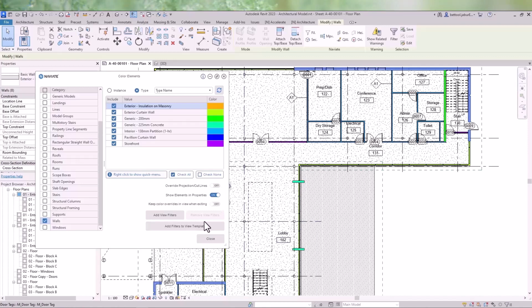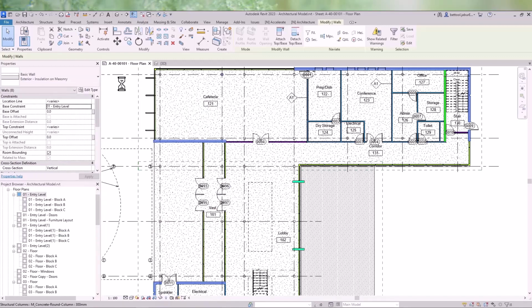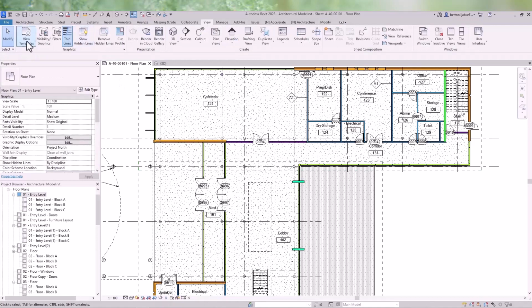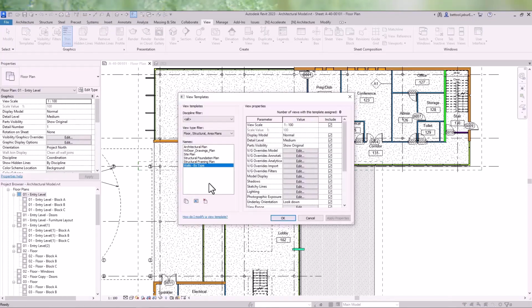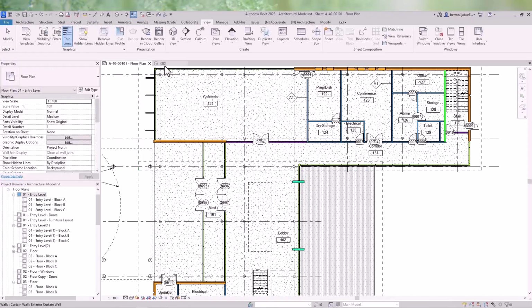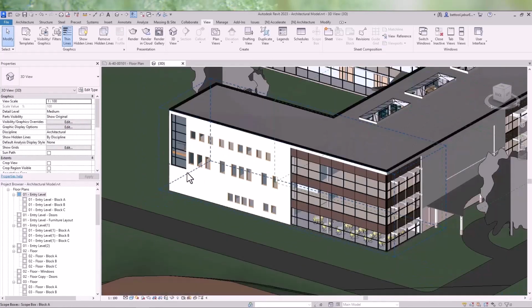Okay, so once that's been generated, if I want to add view filters, I can to the current template. Or if there's no template assigned to this, then what I need to do is go in and utilize some Revit functionality. I could go in and create a template from the current view, call it whatever I want to call it, so walls by type in this instance,